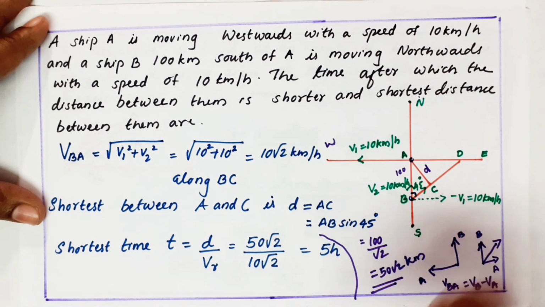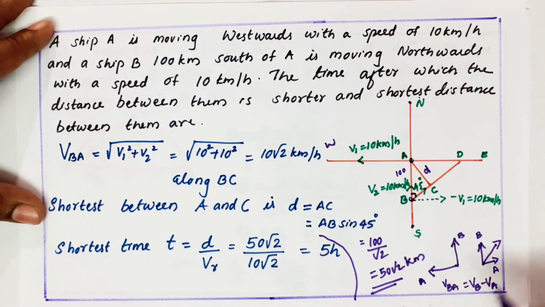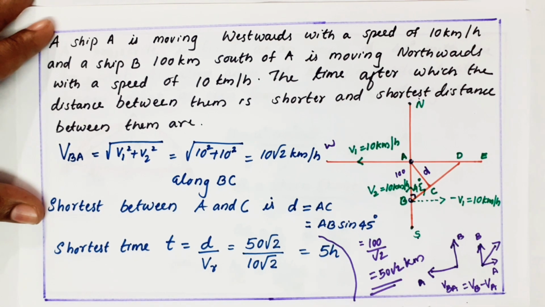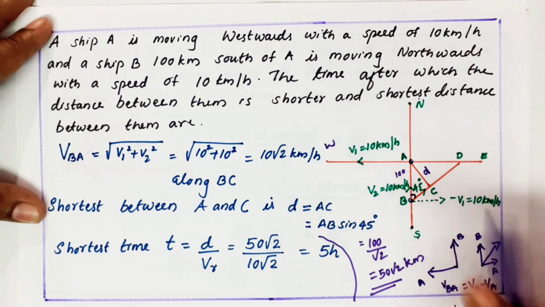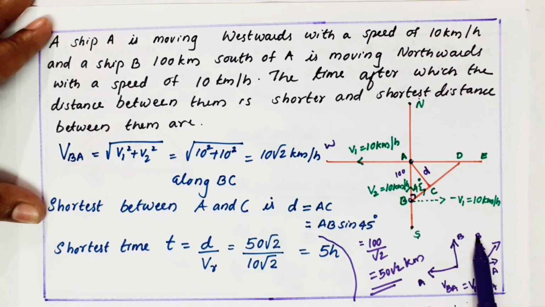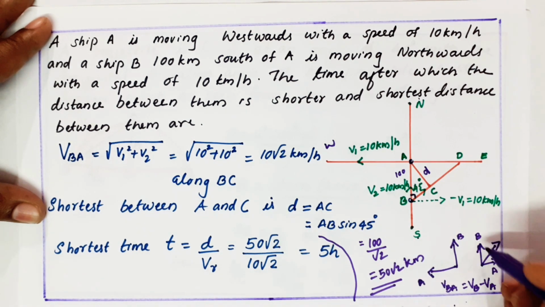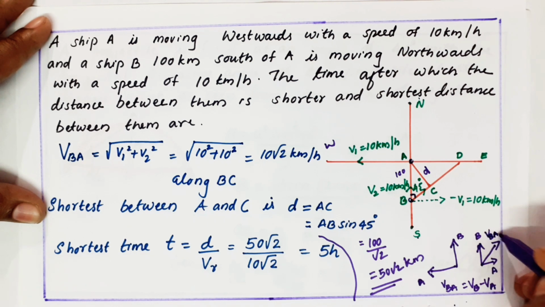So what are the things you should remember? I told you about vector subtraction. Why have I taken this question? Because they may ask questions like this. For example, I'll give another example from here. Sometimes they'll give a car moving along a westwards direction, and another car moving towards the northwards direction. What is the relative velocity of car B with respect to A, VBA, we should take. People may think this will be the resultant velocity. No, you have to take it like this. VB like that only. VA we have to change the direction. So this is the direction of VBA.